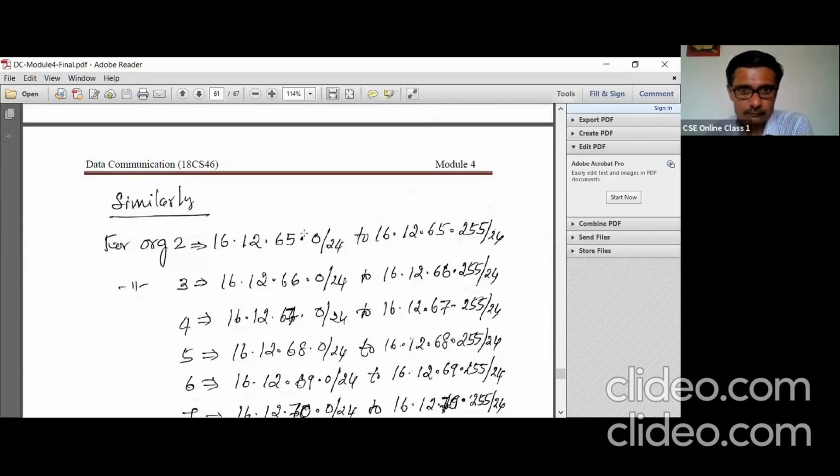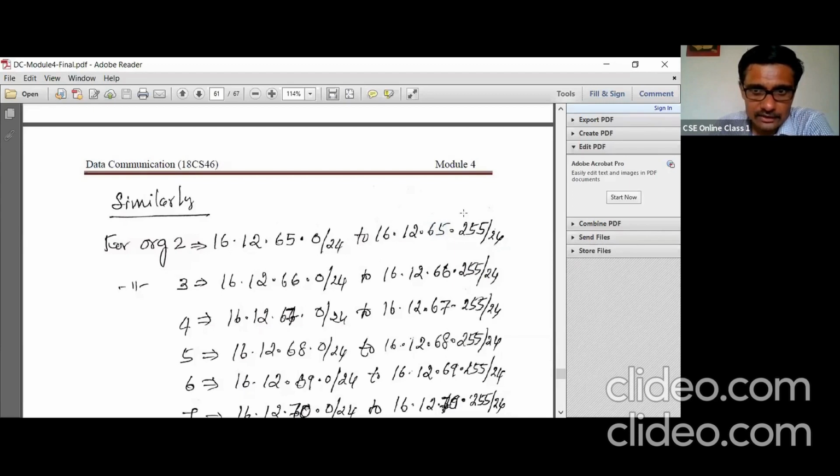From here you have 256 addresses, 0 to 255, including this 0. Then for organization 3, you just increment this one: 65 becomes 66. That's all.